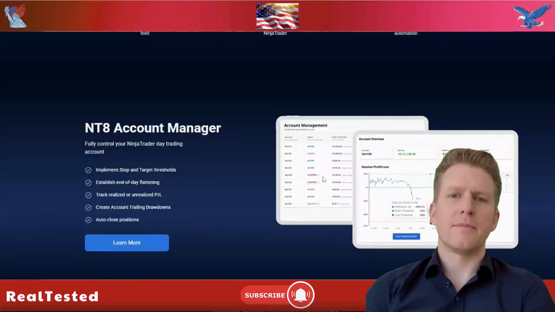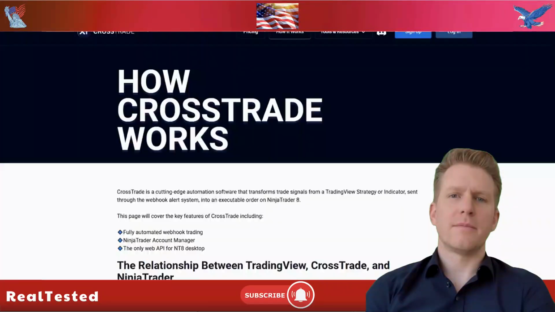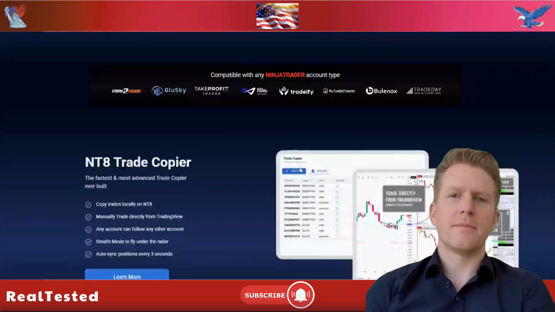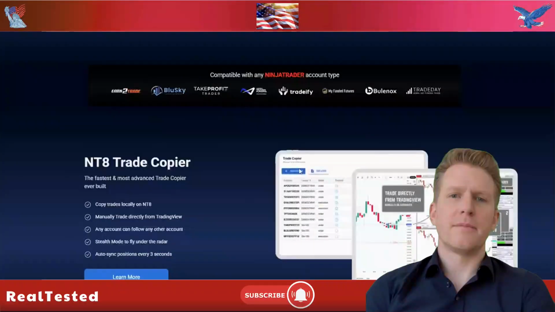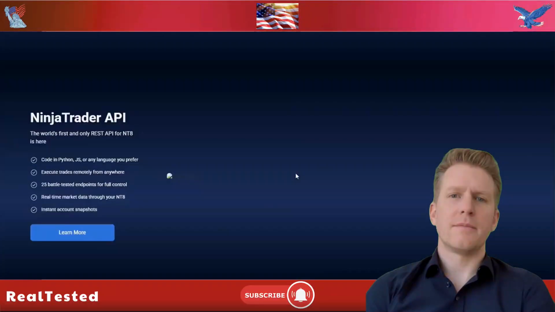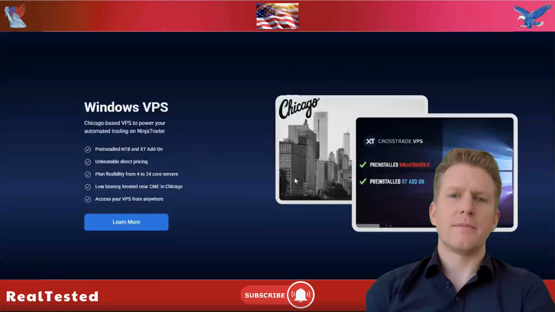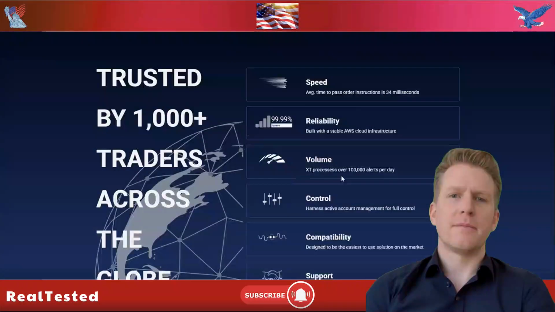One of the standout features is multi-account management, allowing you to copy trades in multiple directions across any number of accounts. This is a lifesaver for traders managing several prop firm accounts or those trying to hide their personal portfolio's